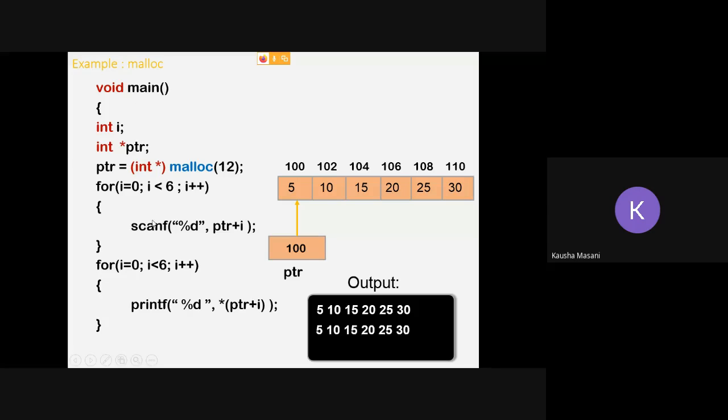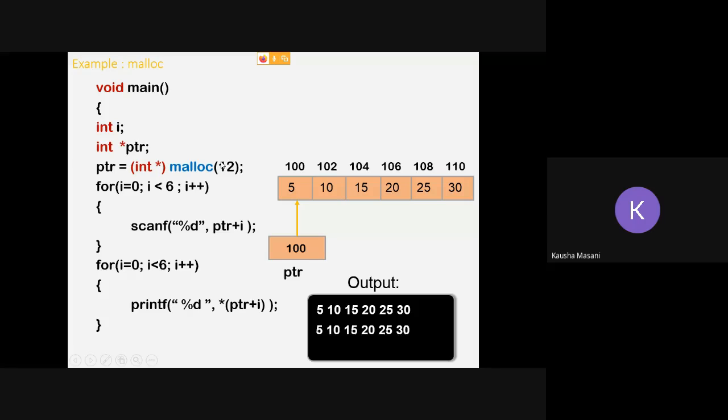See, let's say you have written this program. Integer variable i is taken and integer pointer star ptr is taken. As the pointer type is integer, in typecasting I'm writing ptr equals integer star malloc 12.